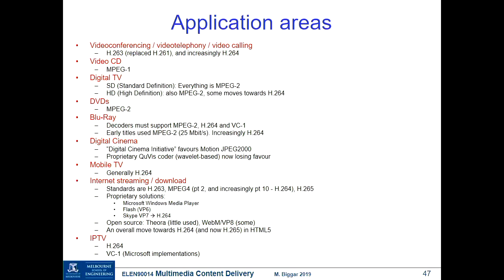Blu-ray is a bit more interesting. So the standards for Blu-ray say that decoders must support MPEG-2, H.264 and VC1, the Microsoft encoder. But while early titles used MPEG-2, almost all of them in reality use H.264. We'll talk about digital cinema as a specific topic near the end of the semester. H.264 is generally used on most mobile TV applications, and for internet streaming there are a number of different solutions